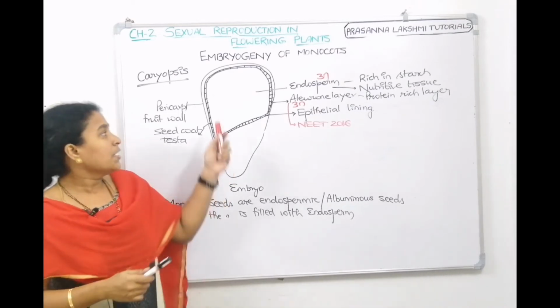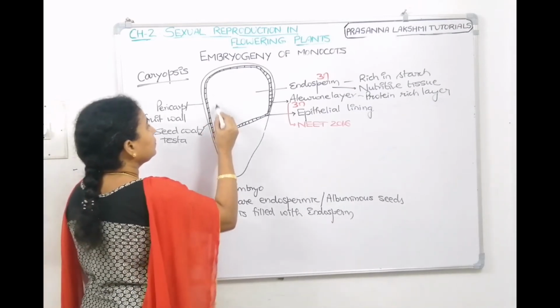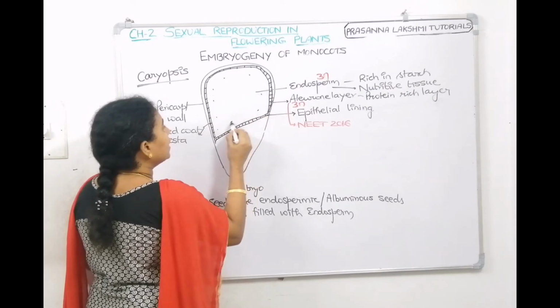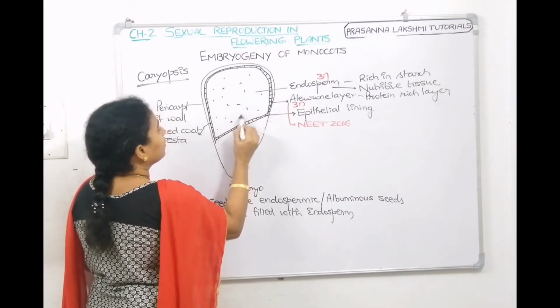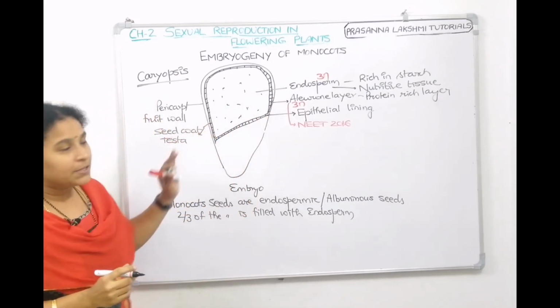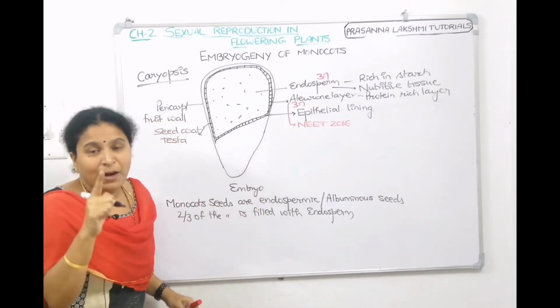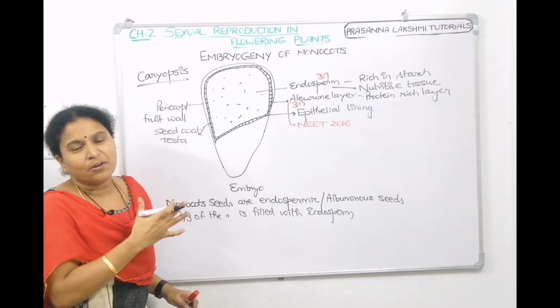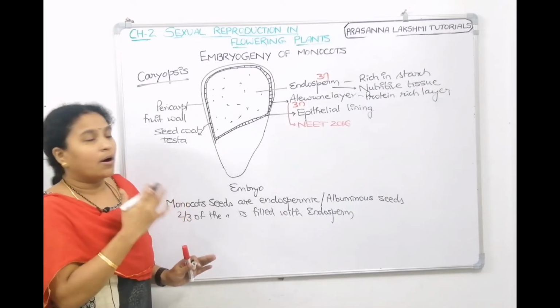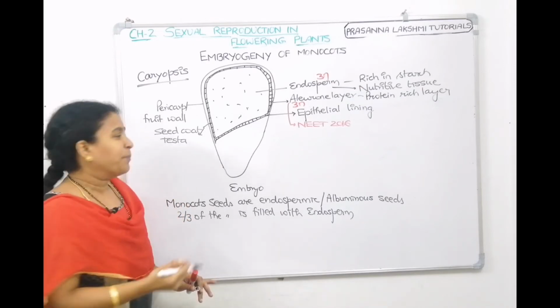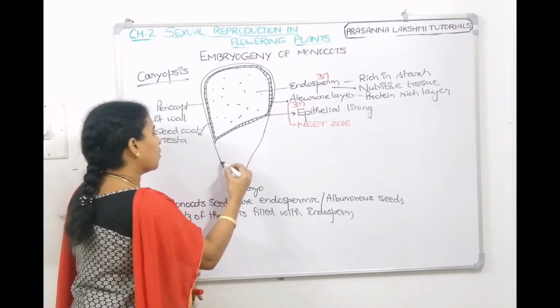The difference is that here starch is there. This is starch, whereas the aleurone layer is made of protein, right? This is about the nutritive tissue. Now, if you see the embryo here, it has only one functional cotyledon that is laterally rotated, towards one corner, and it is thin and papery. So, here is the cotyledon.